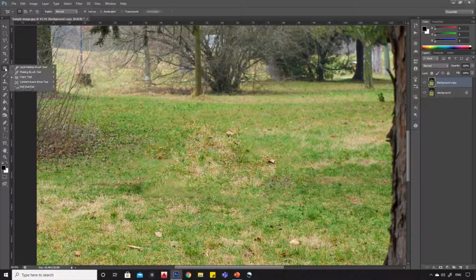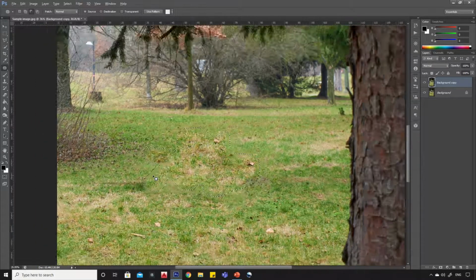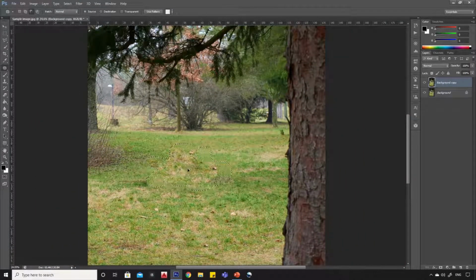So, now select the patch tool, and then start selecting the patched area. After selection, just pick and move the selection where you think the texture is similar.